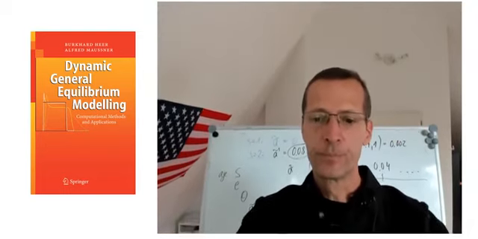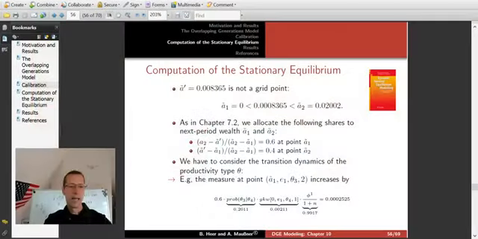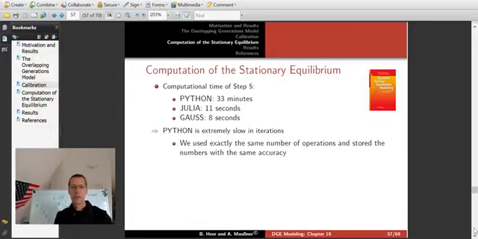So let me show you the computational times for our algorithm here. In Python, it takes 33 minutes, while Julia and Gauss, they just take 8 and 11 seconds respectively. So try to avoid programming loops in Python. They're really, really slow. But with value function iteration and large-scale overlapping generation models with stochastic behavior, we have no other option than to program a 4, 5, or 6 or 7-dimensional loop,